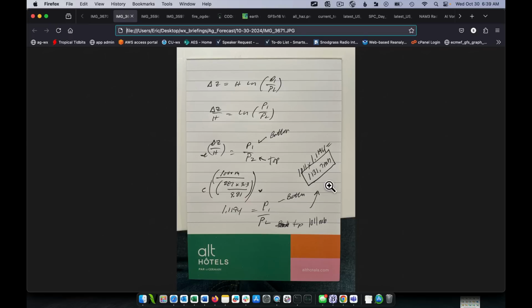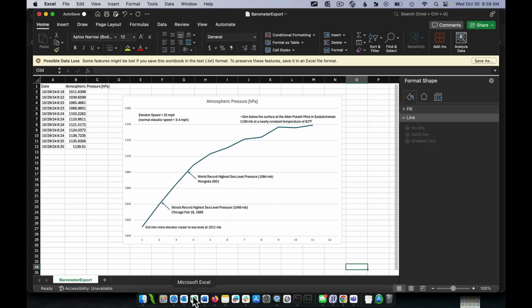So what happened is I got on an elevator, and that elevator went down very, very quickly. And I decided to use an app on my phone because most modern phones have the ability to measure barometric pressure through a little piezo-resistive piece of electronics on your phone. And I kept grabbing off the values as I went down. Now, just to let you know, this happened over about 6 minutes. The elevator speed was about 25 miles an hour. Sorry, I'm switching back and forth between SI units and imperial units here, but we were moving fast. A normal elevator is about 3 to 4 miles an hour. And I just did this.